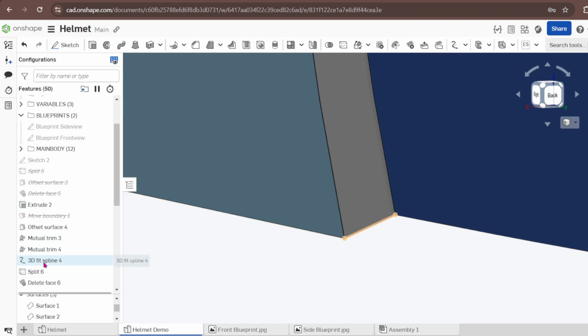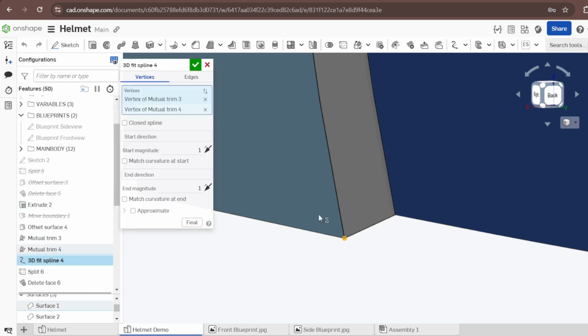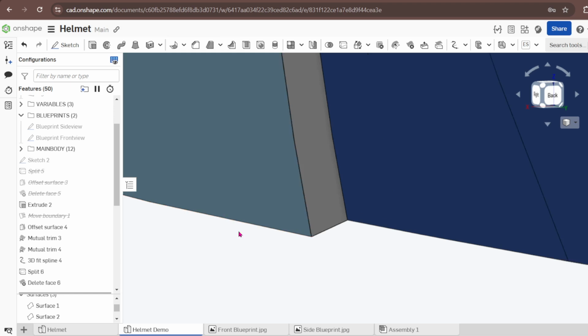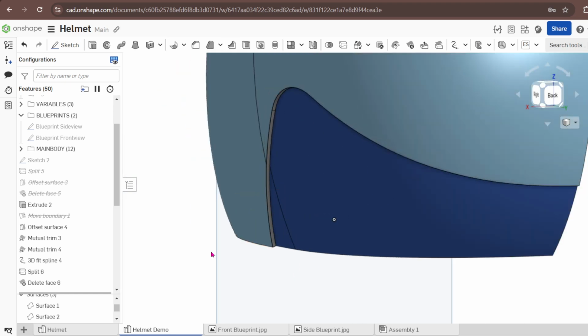Yeah, you can put a 3D fit spline there. I've never used a 3D fit spline to split a surface. That's the first time. Yeah, you put it there and split it. The interesting thing about Onshape is it gets better every day, gets new updates. Something you couldn't do 1 year ago, then you realize you can do it. Onshape is getting stronger every day. That's another way you can do it. You can see,